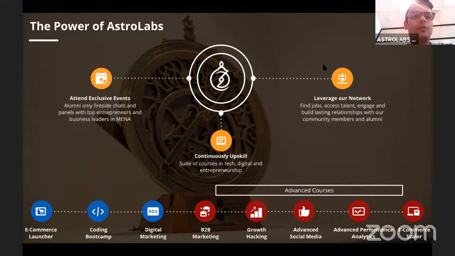The fourth thing we have started is called Astral Labs Talent, which is basically we help recruiters connect to the right talents, and the right talents to the recruiters. This helps you find the hidden gems in the market, and then obviously make the most out of it.